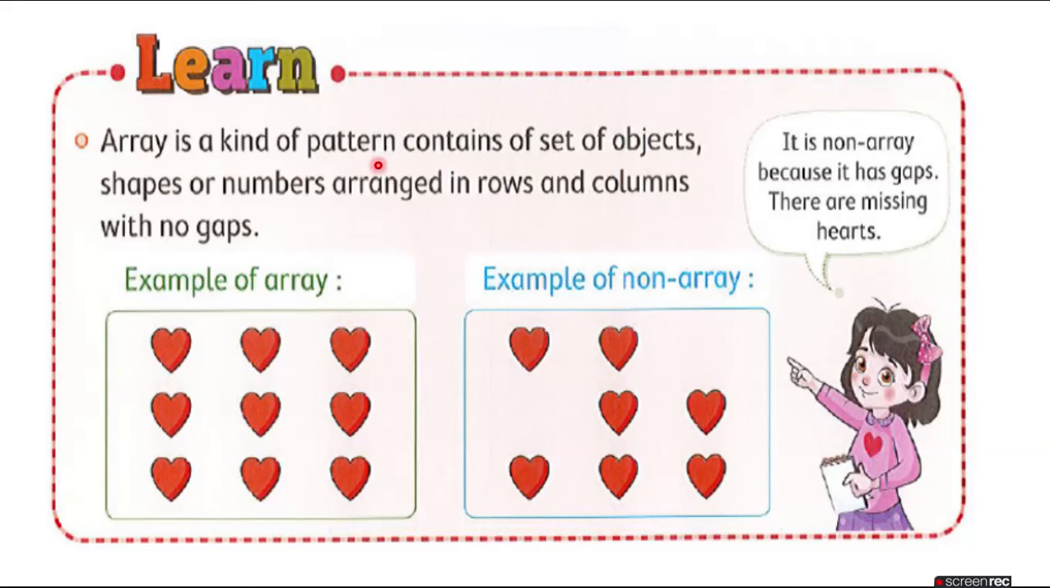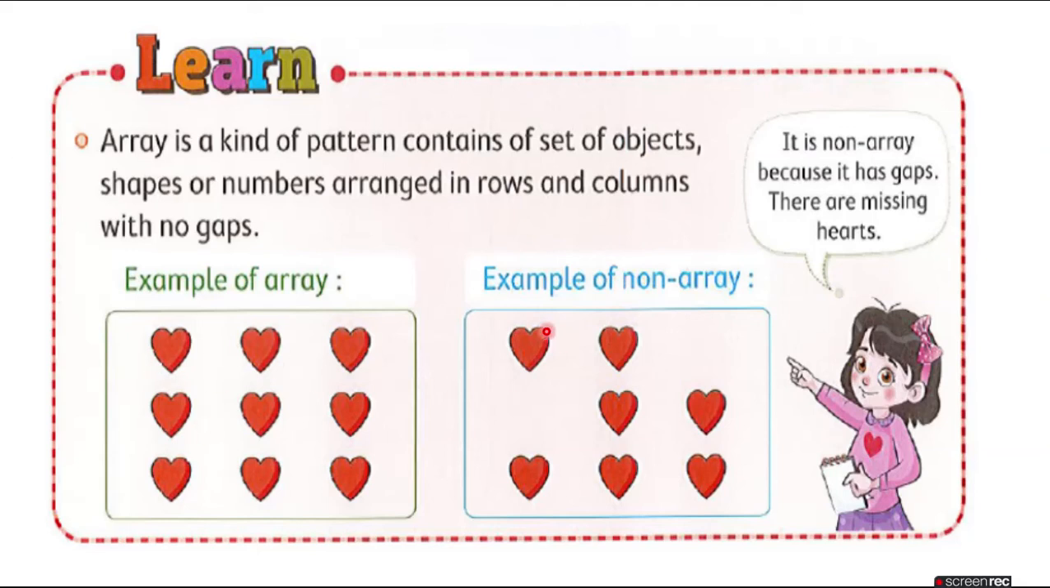Array is a kind of pattern that contains a set of objects, shapes or numbers. يعني هو pattern بيتكون من أشكال أو أرقام بيترتب arranged in rows and columns with no gaps. So an example here of an array: this array or pattern is arranged in columns and rows, okay, and no gaps here, so